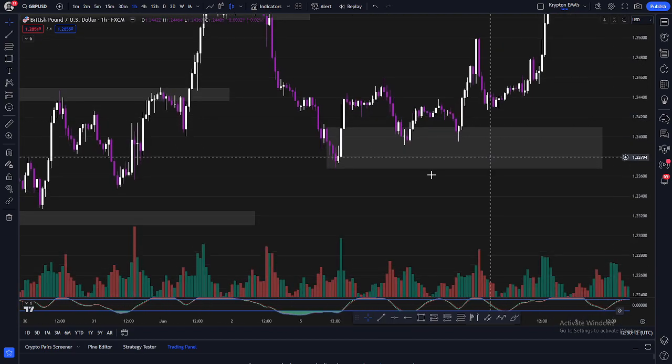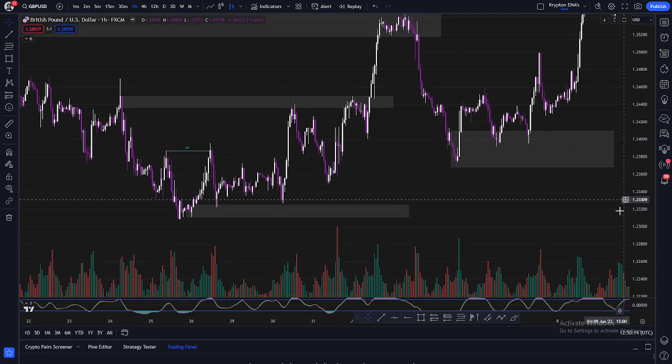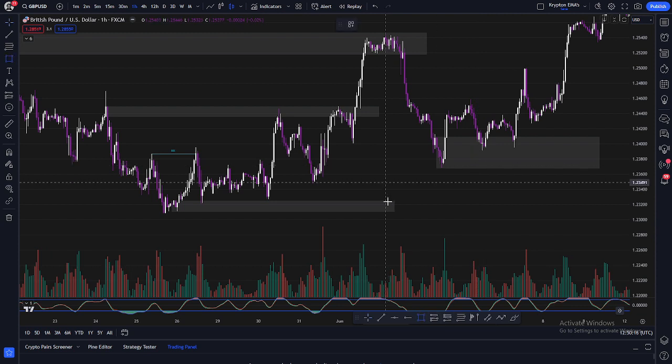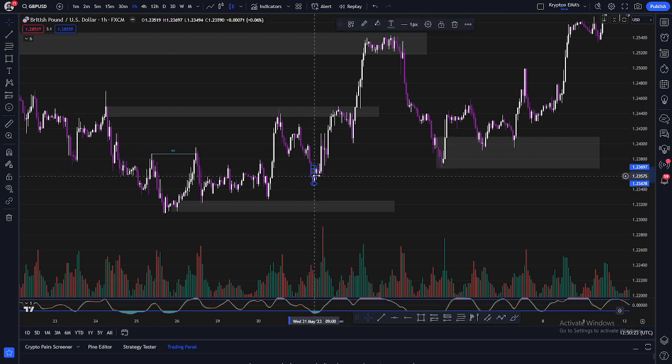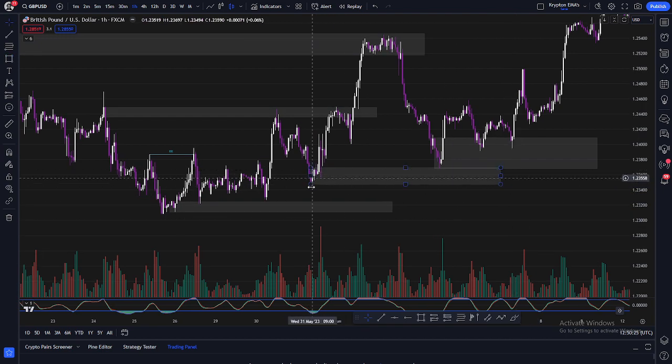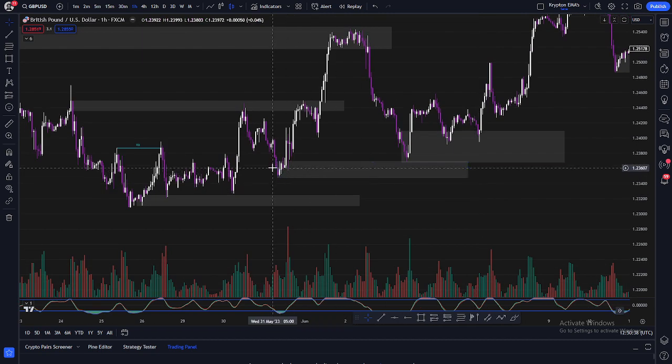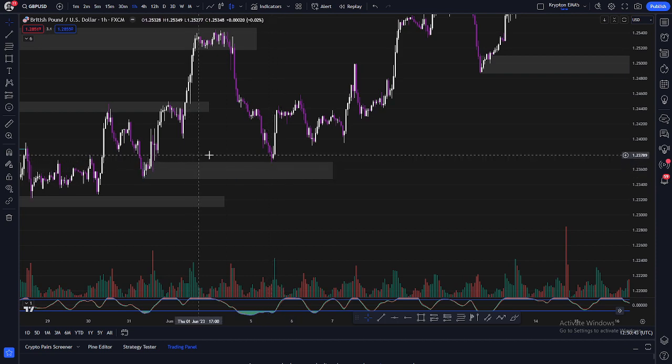But if you continue from here on and you say, what are we looking at here? Let's say the last down move before the up move. I would say this, but I don't think that was tested, but we can see tested as well. So even this last move, now again, this is not the last down move for the up move. This is the last, what I would consider consolidation, or move where it was kind of struggling before the up move. And you can see that if I just delete this, it was tested here, and